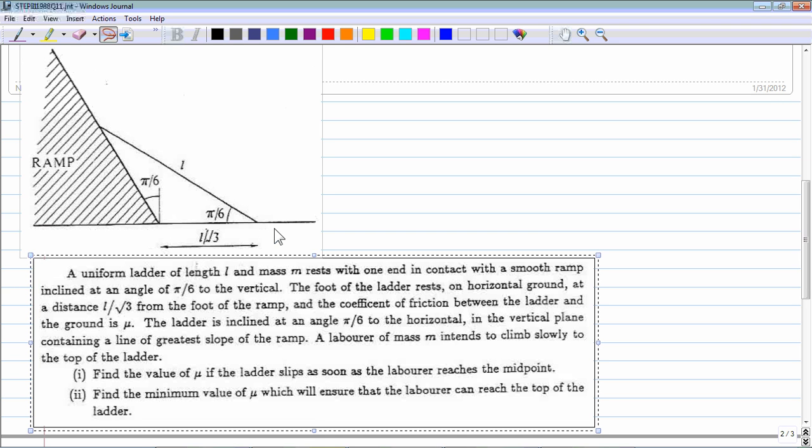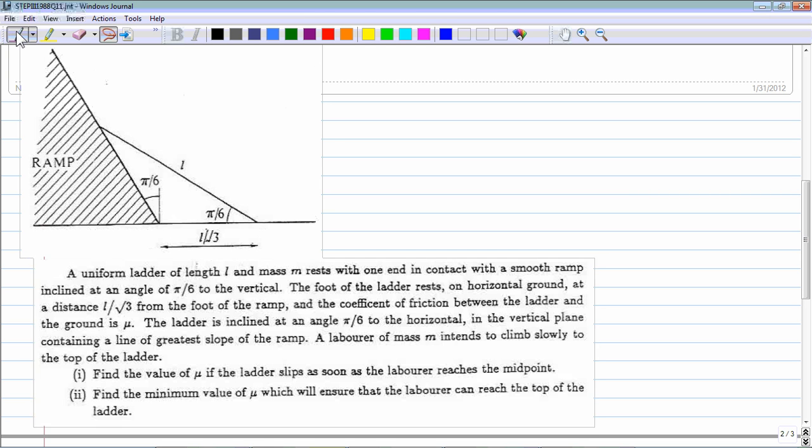Okay, hello. So this is actually the third video in the series that I'm doing on STEP maths questions, and I'm just choosing them more or less at random based on what looks interesting, what might be useful for people to see. So this is STEP paper 3 from 1988. Actually, it's a very old paper,